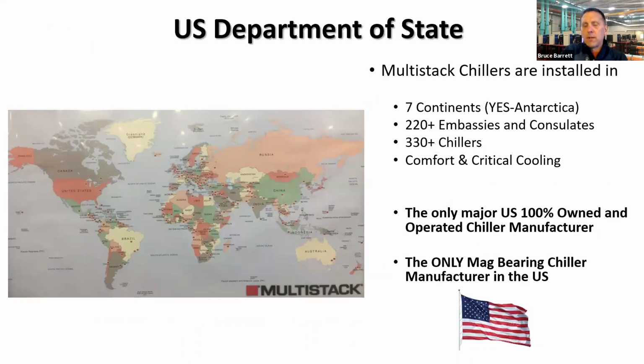Another component of our business we're very proud of is our U.S. Department of State work, where we provide the lion's share to the U.S. State Department, which includes embassies and consulates around the world, sovereign U.S. soil, over 330 chillers. We're now on all the continents. We just got a chiller last year in Antarctica, cooling equipment on a weather research base. So look forward to visiting that someday. That'd be fun to visit all 7 continents.